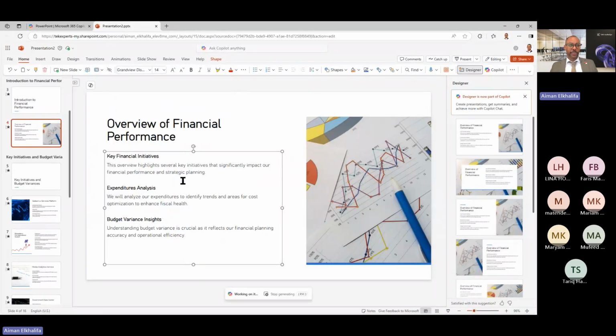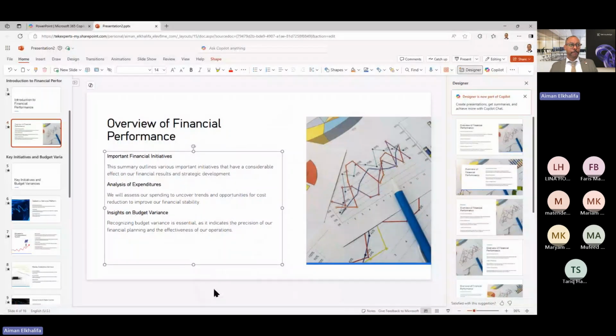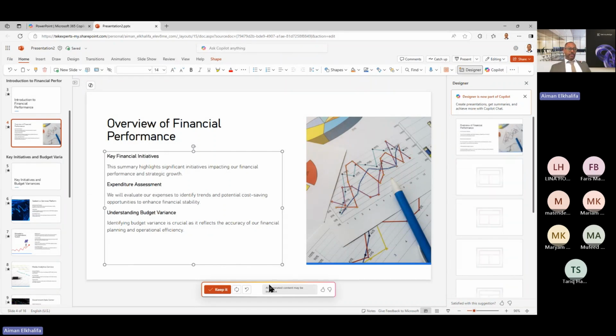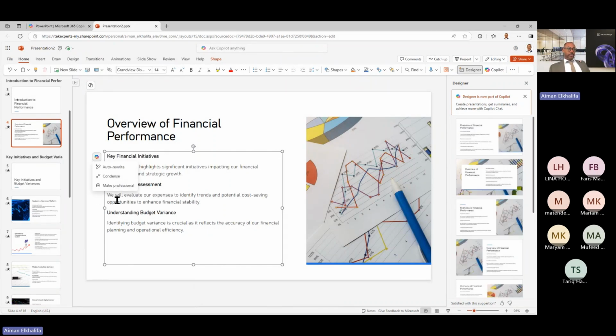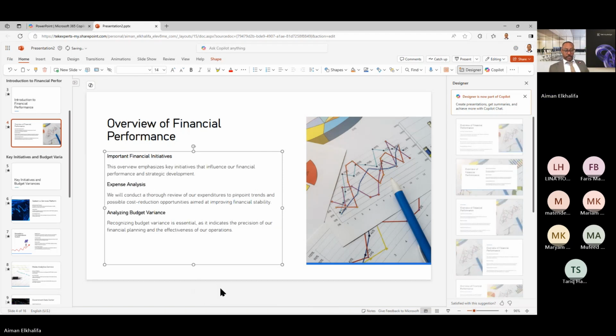So if I click on auto rewrite, it's working on it now. It will rewrite my content. There we go. If I'm satisfied, I can keep it or I can regenerate it. I'm going to keep it. Or maybe I'll select and then go like, you know what, condense, just a quick overview. I don't want many words in here. There we go. Or maybe I want to make it professional. And these are ways to modify the content, all right,